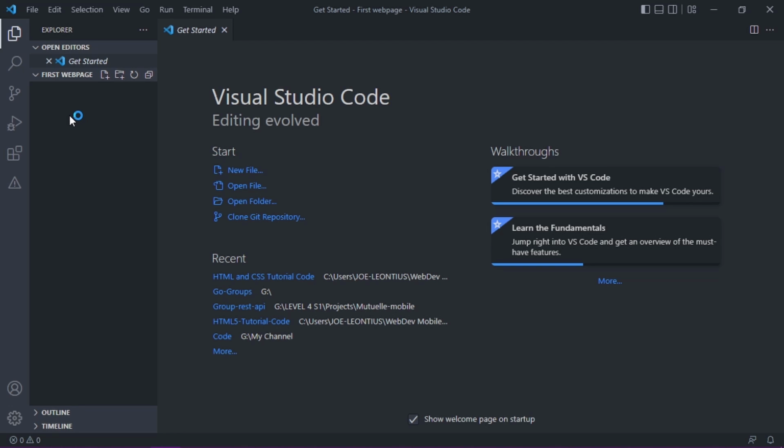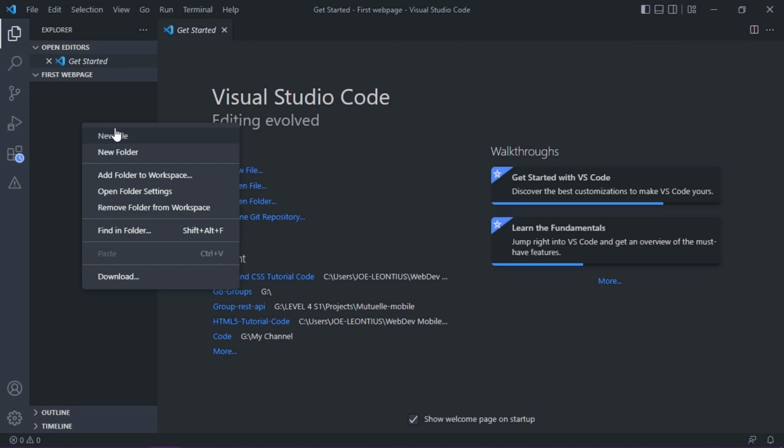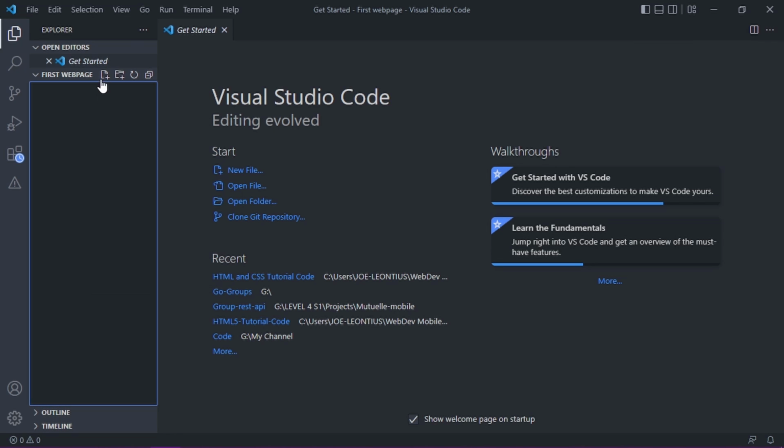After you have installed VS Code and opened the folder in which you are going to create your file, you need to create your file. There are 2 ways of creating the HTML file. Either you click on this icon with a plus there, or you can right click here and create a new file. Either way is the same. You need to name the file